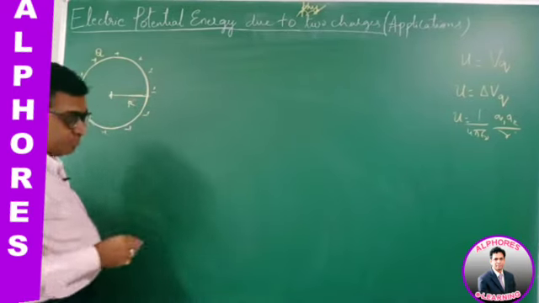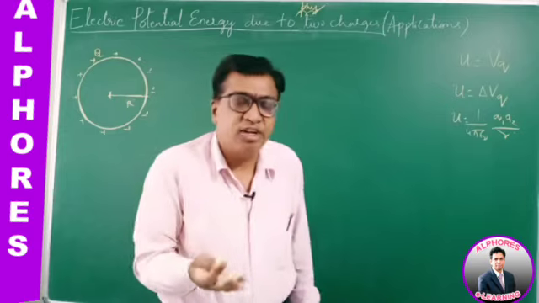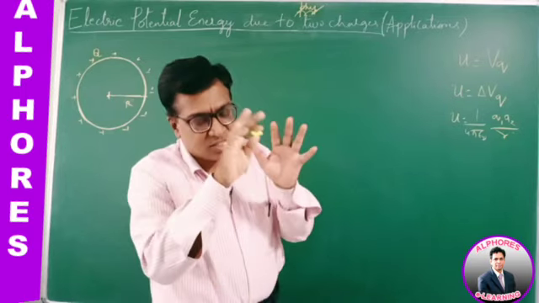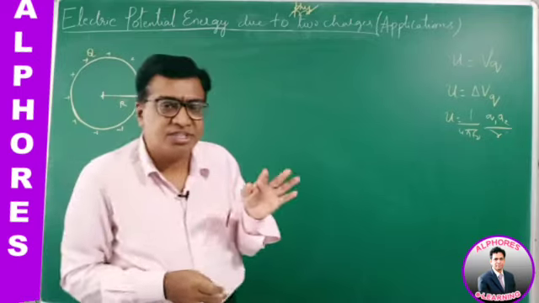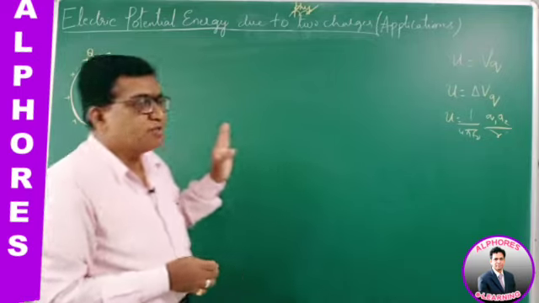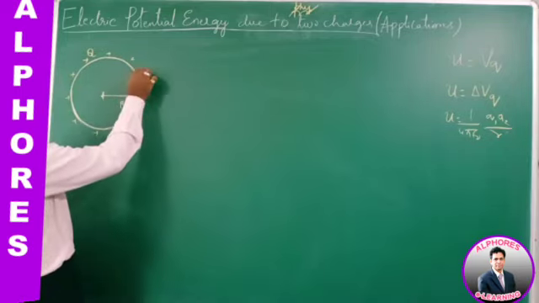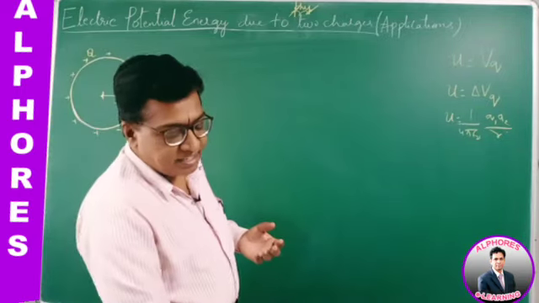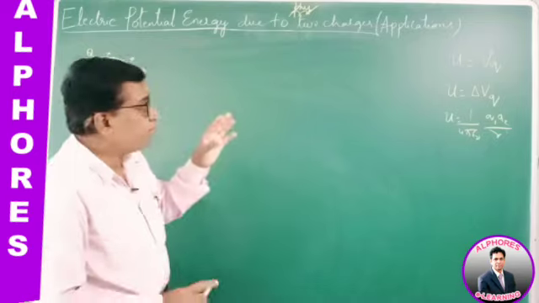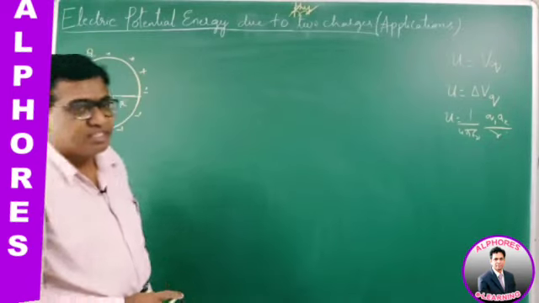Now when charge is given to a conductor, we know all the charge exists only on the surface. No charge stays inside. Inside, charge is 0, flux is 0, field is 0. There is no field inside. All the charge exists only on the surface. Now we have to find the interaction energy, the self potential energy of this charge system.